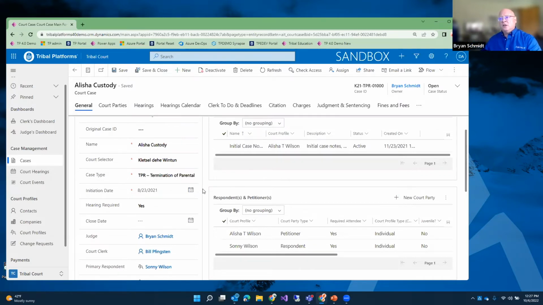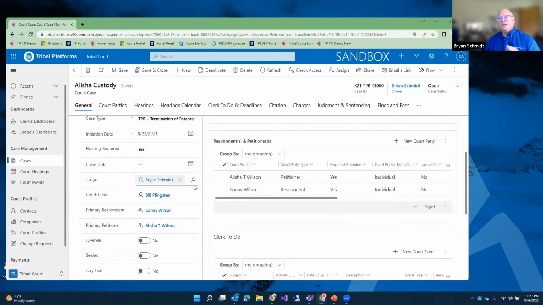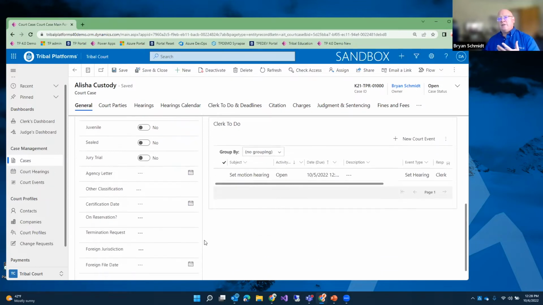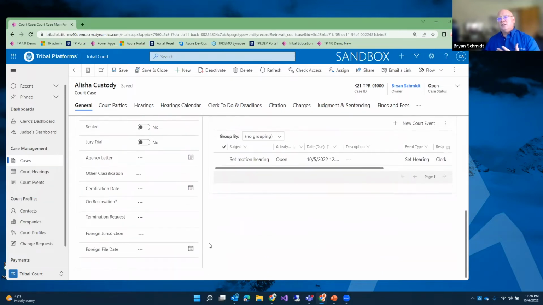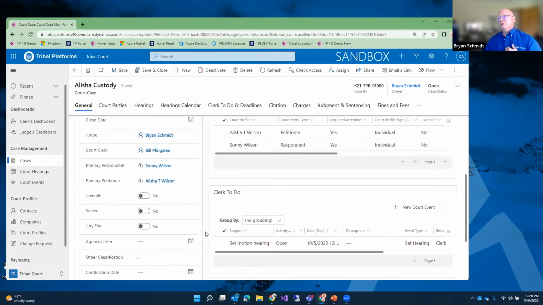So that's an important capability so that you can react to the information that you need to have collected based on that court type or the case type. And of course, we can use this as a way to assign who is the judge, assign a clerk, and be able to capture who is the primary respondent and petitioner. So you can see there's a lot of information here that I can collect on this case. And again, we don't anticipate that we will have everything. So it's very flexible to allow you to adjust the fields and information that's visible on here.